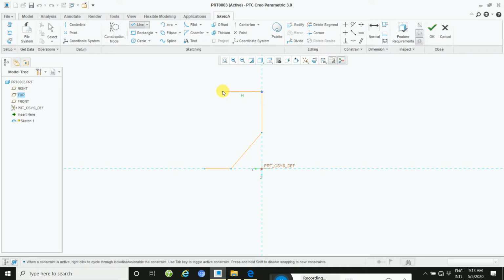Here H is defined for horizontal and LL is defined for this line's dimension being equal to this line. So draw differently. If you want to draw 75 and this line is also 75, it's okay. Otherwise take a different one. If your line is this way and tapered, how to make it vertical? Go through here and select here, this way your line will be vertical. Then again take a line.